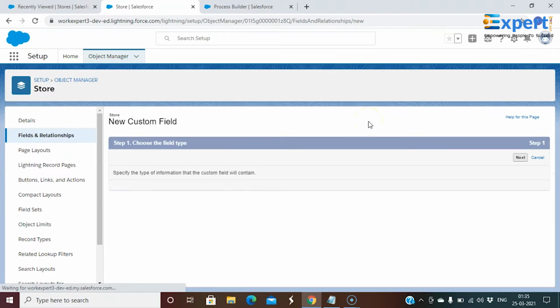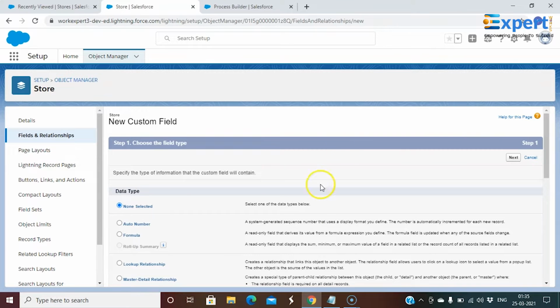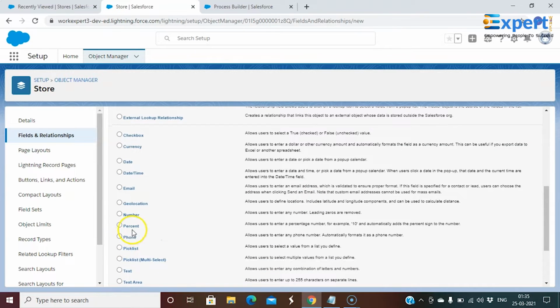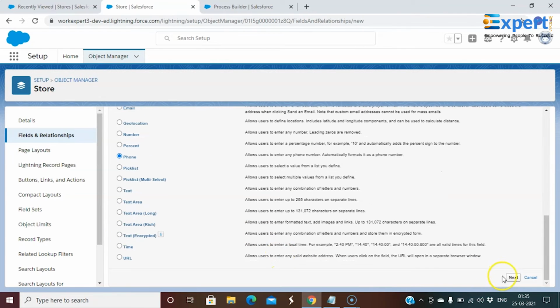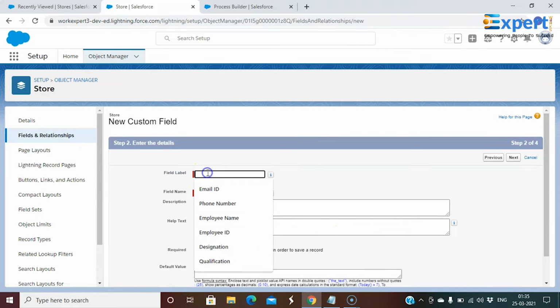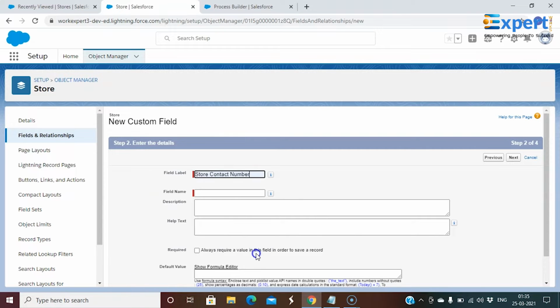And in the same way, let us create another two fields, contact number and permanent contact number. For contact number, I will go with a data type called phone. So select the data type as phone and then click next, and give the field name as store contact number, and then next.